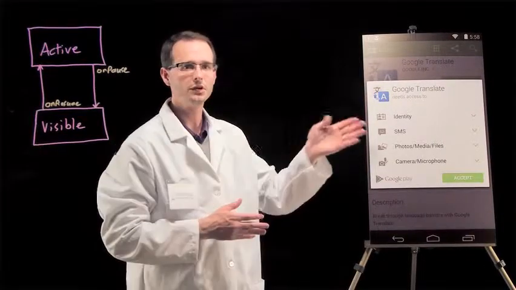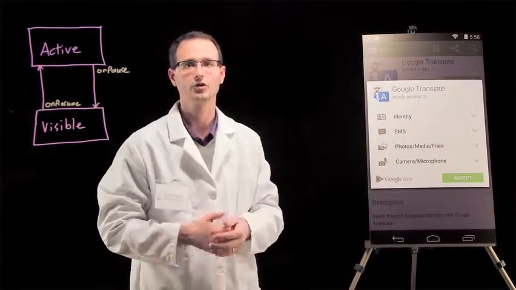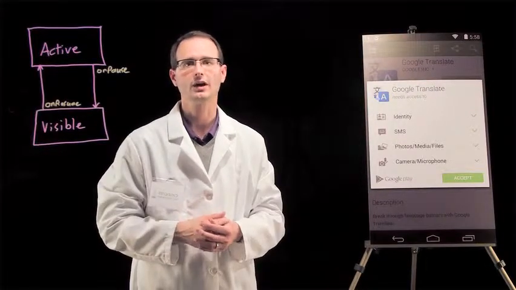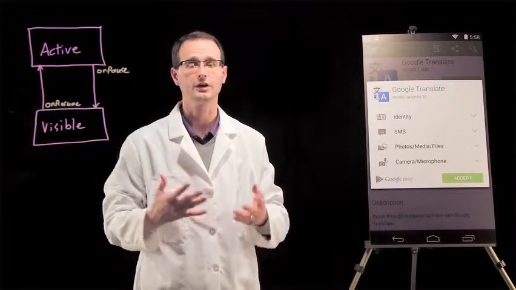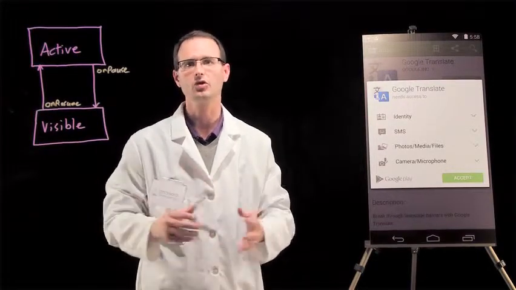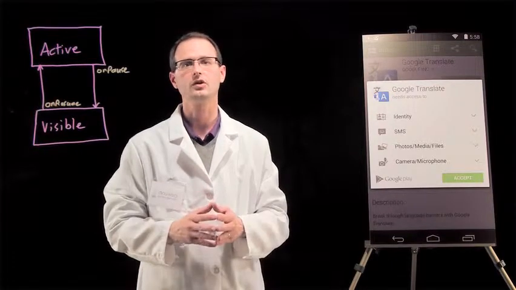You can see here the permissions dialog is displayed in front of Google Play for an app install. Or the same thing happens when you have another activity trying to fulfill an implicit intent and the user needs to make a selection. So to make efficient use of limited resources, you'll want to use these signals to adjust